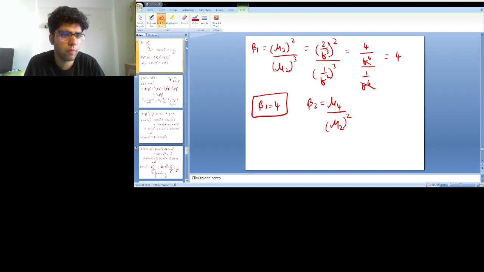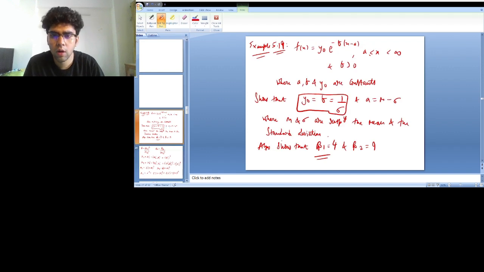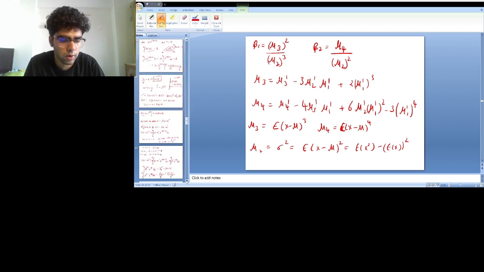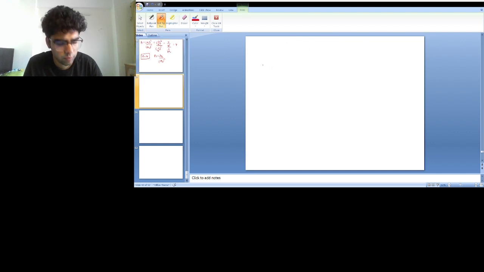Let me just check if my formula is correct, the formula that I've written. So here is my formula. Here is my mu 4 upon mu 2 whole square, right? Yes. So we need to find mu 4. We already have the value of mu 2. So for finding mu 4,